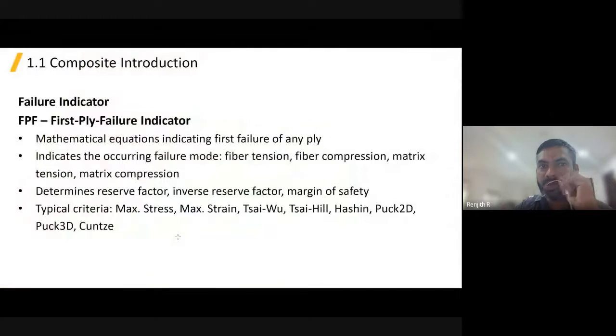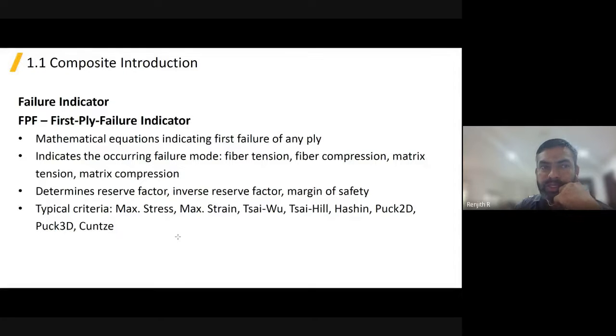Up to this, I will stop the first session of my presentation. Next, I will move on to the second session, that is how to do this in finite element analysis, how we can do this in a practical manner. And before moving into that, I will just touch upon two, three things.